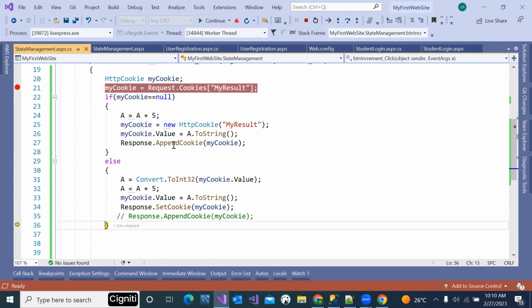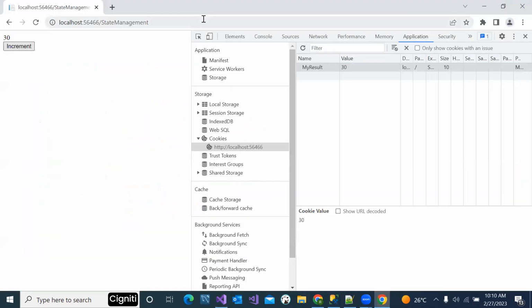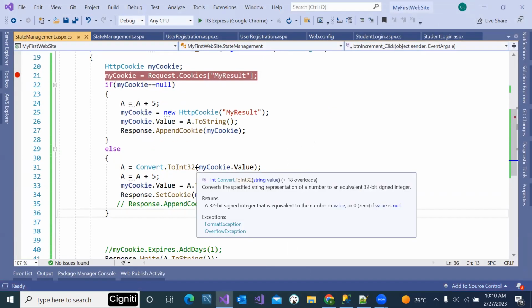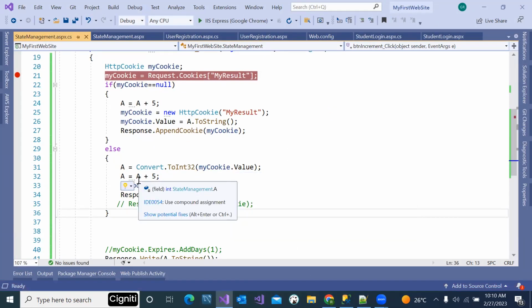First time use append cookie, it will add the cookie. Second time set cookie, it will update the cookie value. Right? Now we are able to hold the data during different post backs. Right? Any questions, guys? No, sir. Okay. So this is something a good cookie, but the problem is cookie data is visible to the